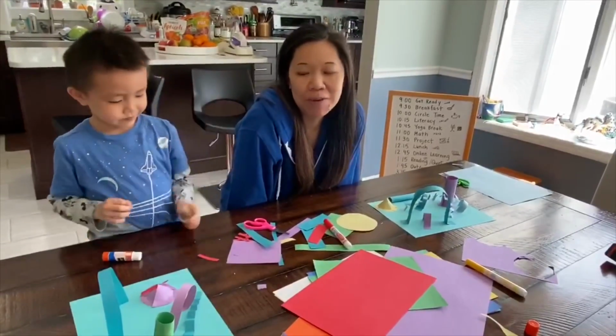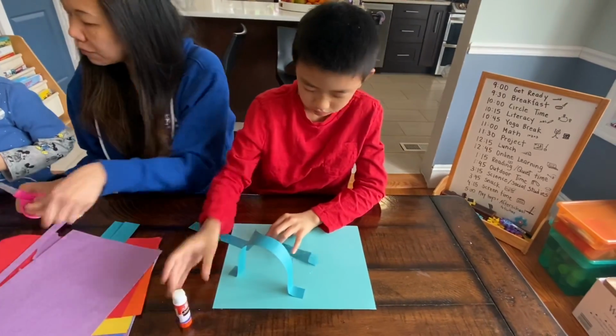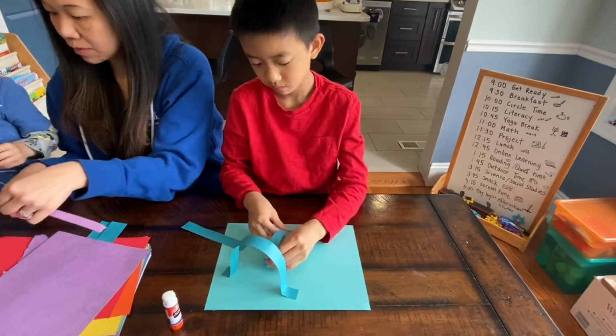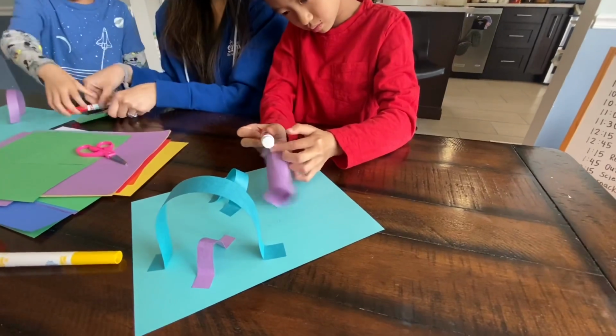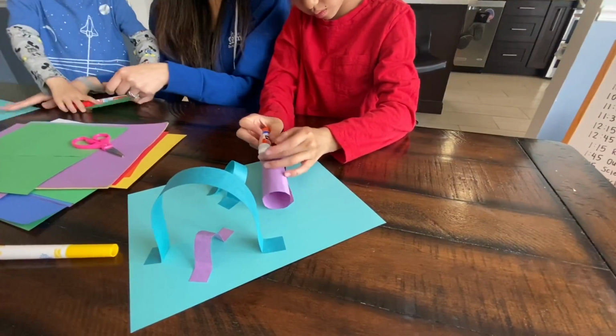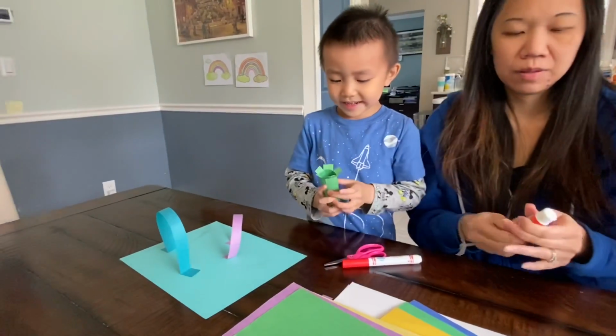One of my favorite parts about this kind of a project is something called process art, something you should look up. I really think it's a great way to approach art. I had the pleasure during one of my maternity leaves, and when I came back, I was actually the art teacher for the year. And that's something that I did a lot of research on,